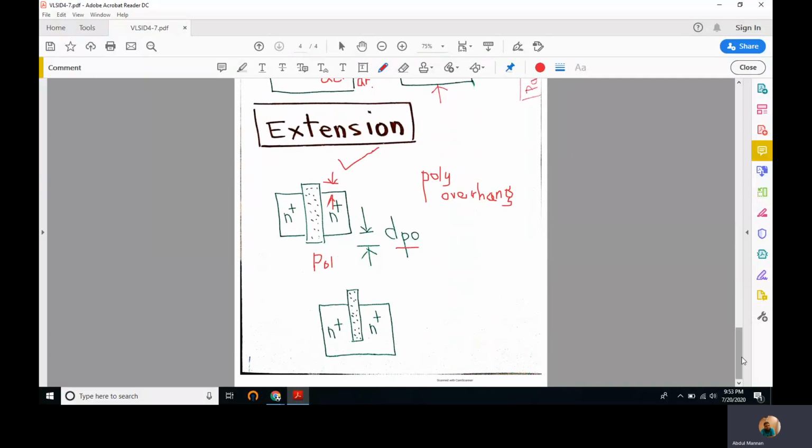We can have an implementation like this, in which the gate is implemented such that there is a short circuit between the drain and source regions, and the transistor may stop working as a transistor. So this kind of design rule, extension based design rule, is also important.